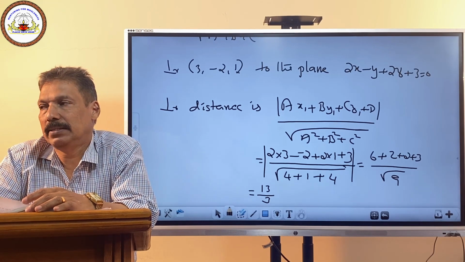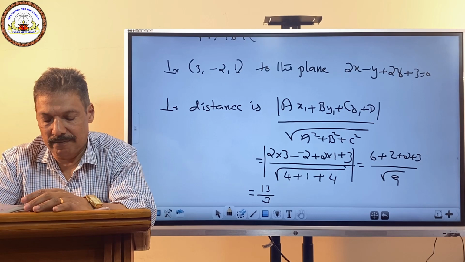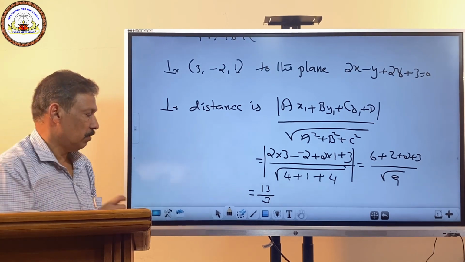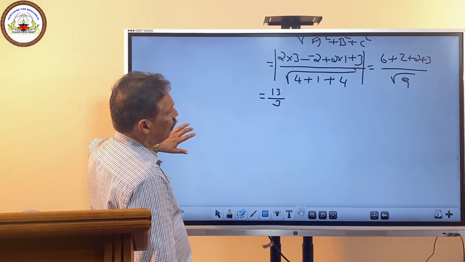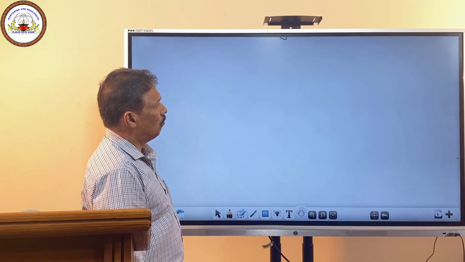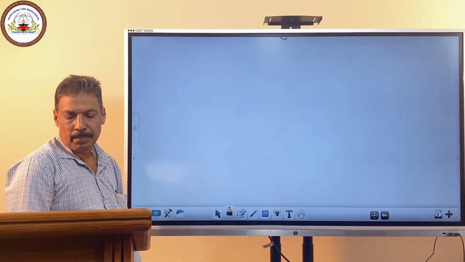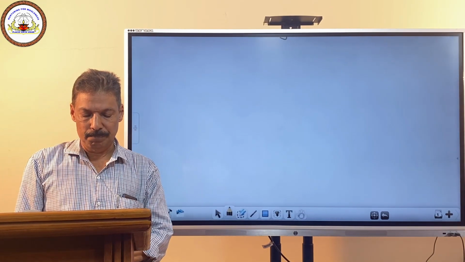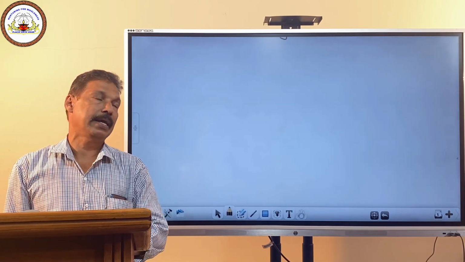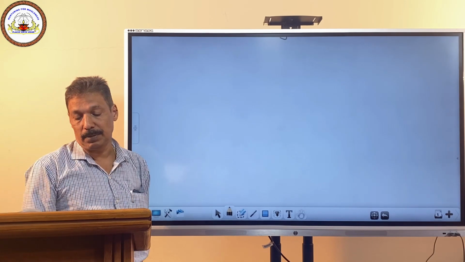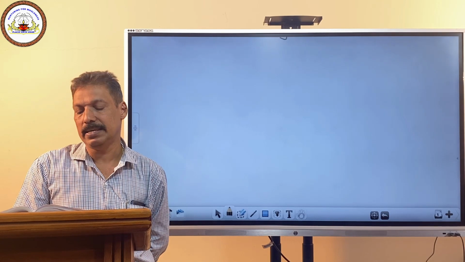First of all we take a cube whose one vertex is our origin. Then the second vertex, the diametrically opposite vertex, is (a, a, a). The diagonals of the cube, we are simply using the concept on page number 494. We simply take the diagonal of a cube. One vertex is the origin, the diagonally opposite vertex is A.